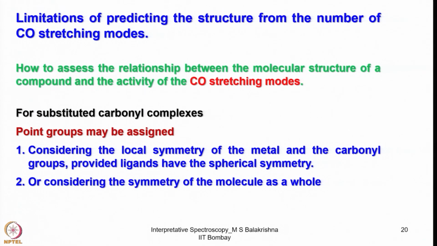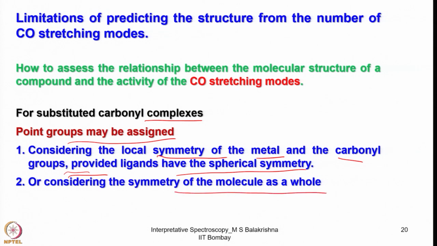For substituted carbonyl complexes, when we consider non-homoleptic carbonyl complexes, in that case the point group may be assigned considering the local symmetry of the metal and the carbonyl groups, provided the ligands have spherical symmetry. It is very important. You can assign the point group considering the local symmetry of the metal and the carbonyl groups provided the ligands have spherical symmetry. If not, consider the symmetry of the molecule as a whole. So either way, we can correlate the geometry with respect to the number of carbonyl groups present and also